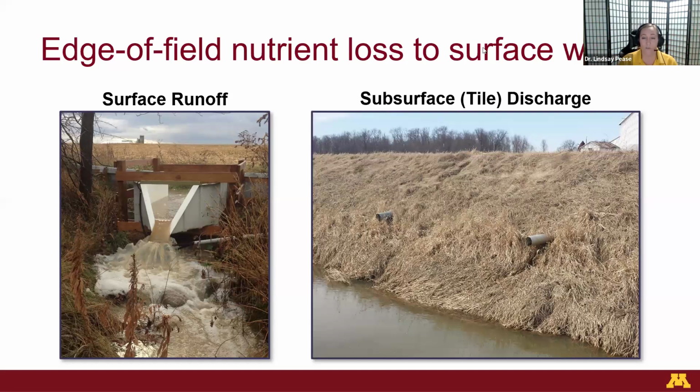Now, subsurface drainage is one of those things that is really helpful for farmers when they have a lot of standing water in the field, early spring, early snow melt. This helps a lot for them to be able to get crops in a timely manner and for the fields to not get stuck. They don't like to be driving in the mud, just like you wouldn't like to be driving in the mud. So that's really one of the main reasons why we have subsurface drainage as an agricultural practice and why that does help keep crop costs down, so then the food we eat can be produced a little bit more cheaply.